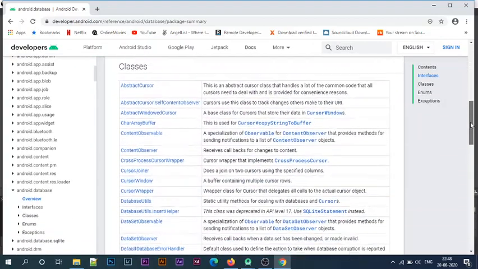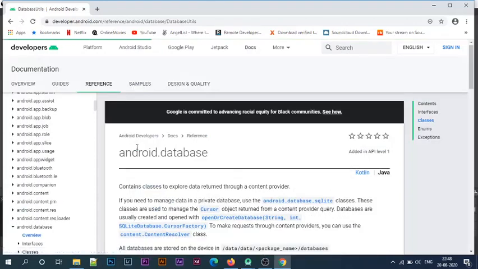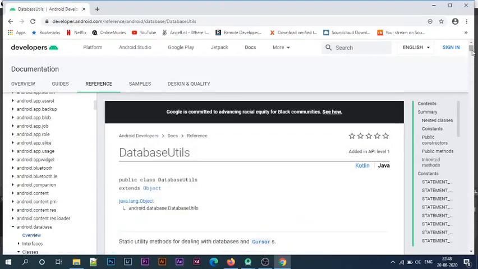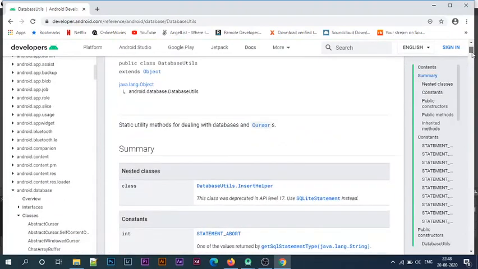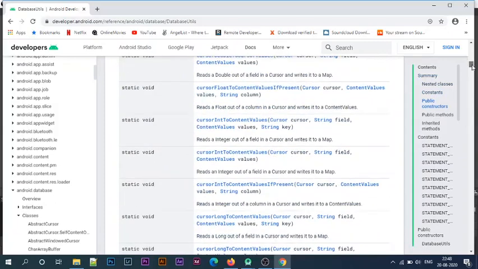From there, I will click on DatabaseUtils. From here, you can get an overview of that particular package. You can see that there are multiple constants and methods available that let you manage database connections.